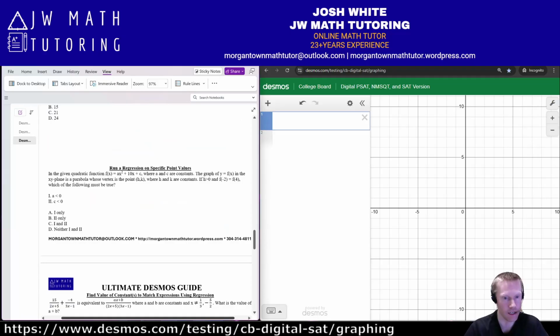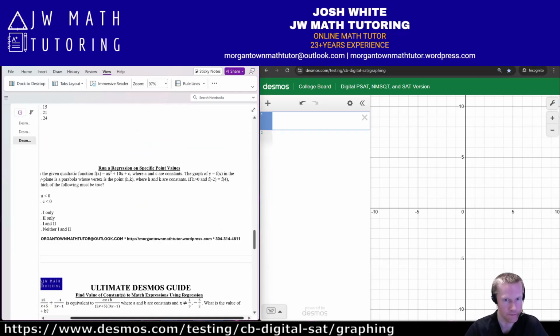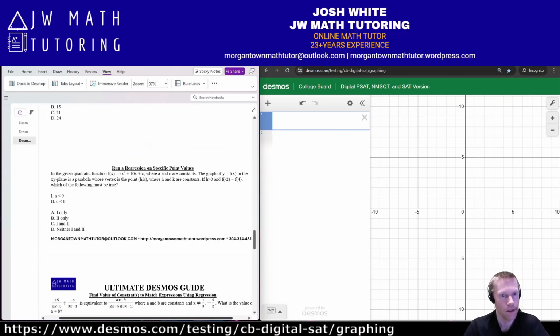So let's look at an example problem here. You're given this quadratic function, x squared plus 10x plus c, but what has this vertex, h and k constants, whatever. You're told h is positive. You're also told that f of -2 equals f of 4. So what you're going to do here